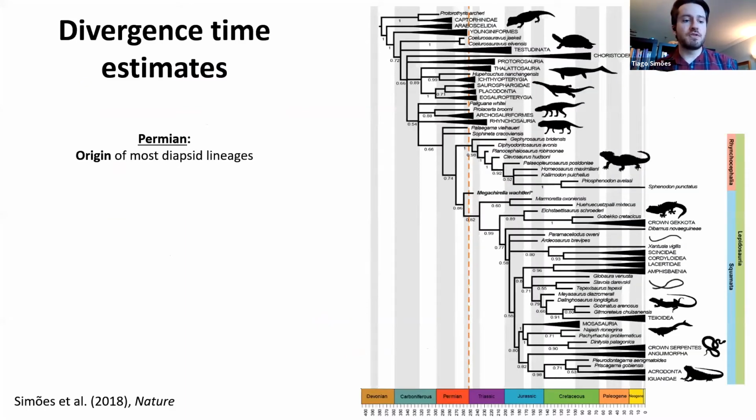One of the most common approaches is to estimate divergence times, which people are more familiar with from molecular data and also morphological data more recently using morphological clocks. For instance, in a recent paper in 2018, I estimated that some of the major groups of reptiles, the deepest branches in the reptile tree of life, actually originate in the Permian period, beyond 252 million years ago, instead of originating in the Triassic between 252 and 200 million years ago, when historically paleontologists believed those groups had originated.